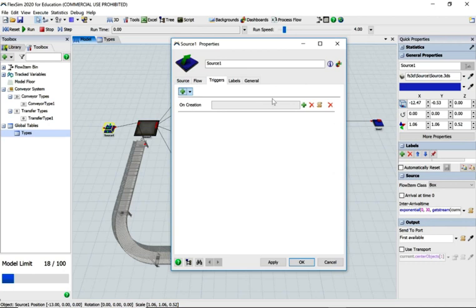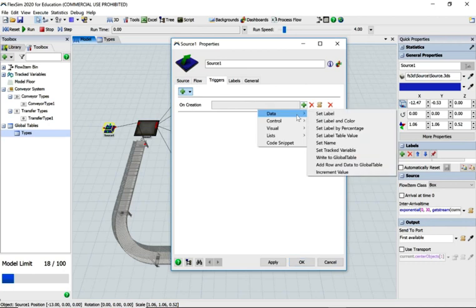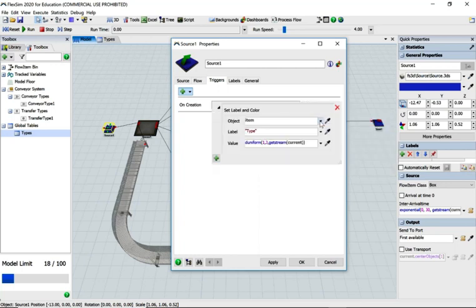So data, and we're going to use set label and color. Depending on what version of FlexSim you're using, we're using 2020. If you're using 2018 or less, this might say set item type. So we're going to set label, and we're going to